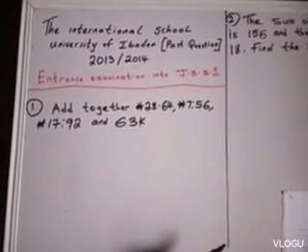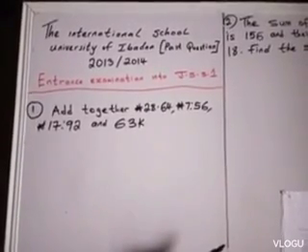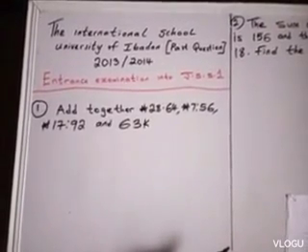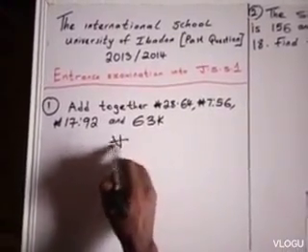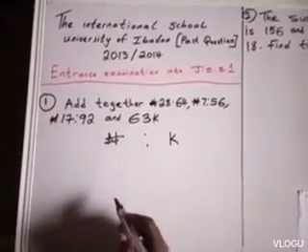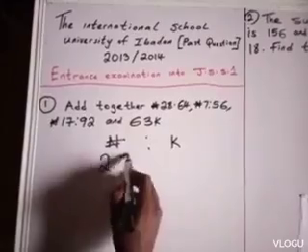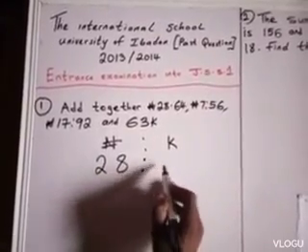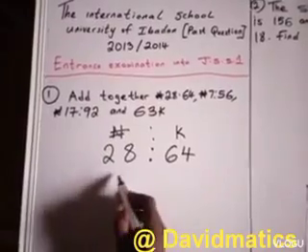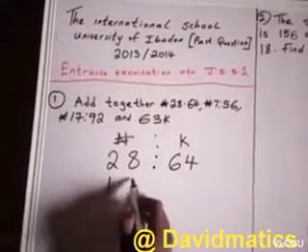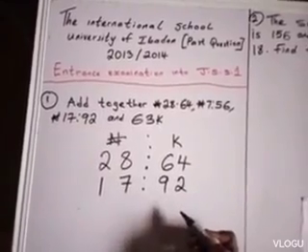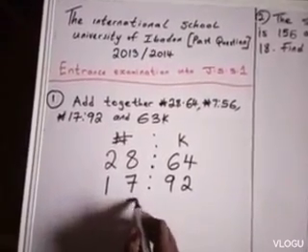The first question says: add 28.64 naira, 7.56 naira, 17.92 naira, and 63 kobo. Not to waste time, let's separate the naira and kobo units. The first one is 28 naira 64 kobo, followed by 17 naira 92 kobo for proper arrangement, then 7 naira